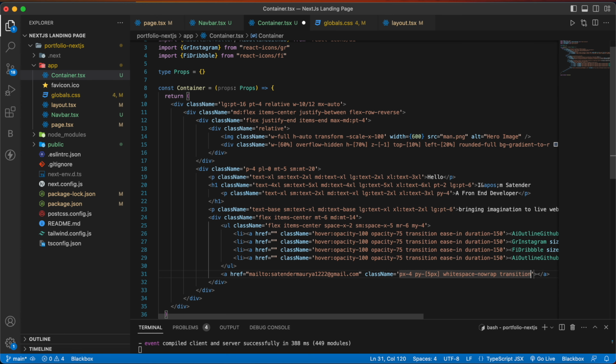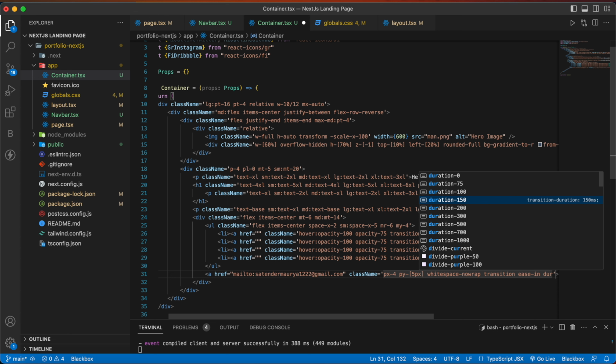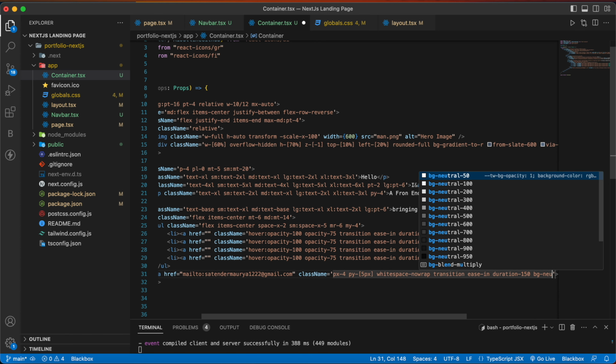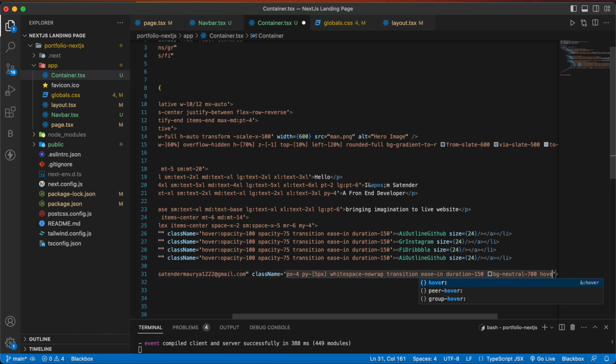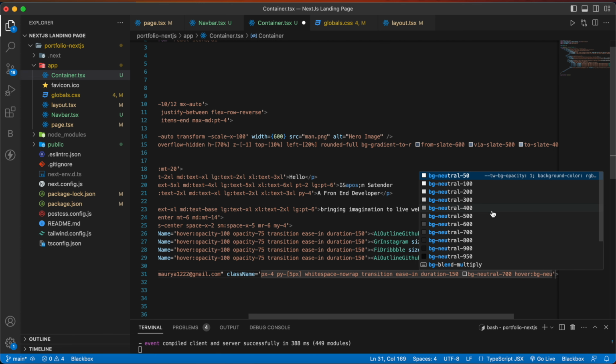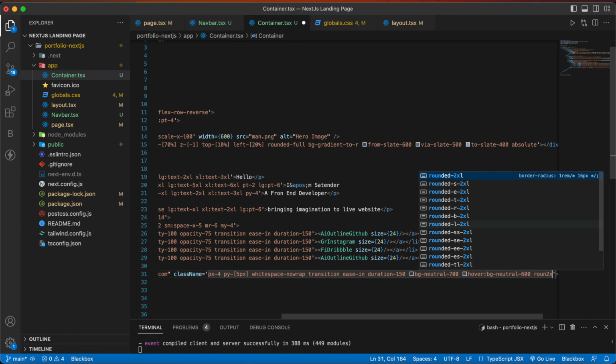transition ease-in, duration will be 150, bg neutral 700. If hovered, then we are going to give bg neutral 600, rounded xl.